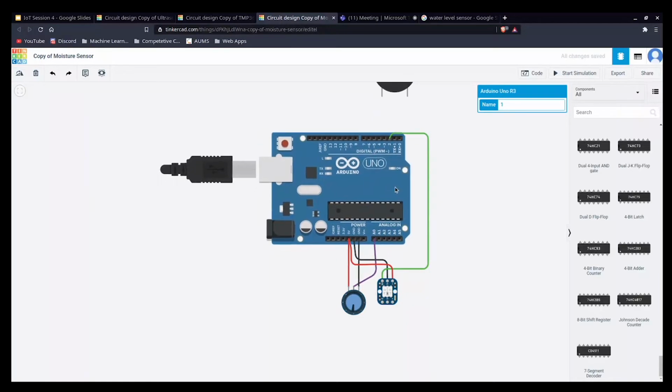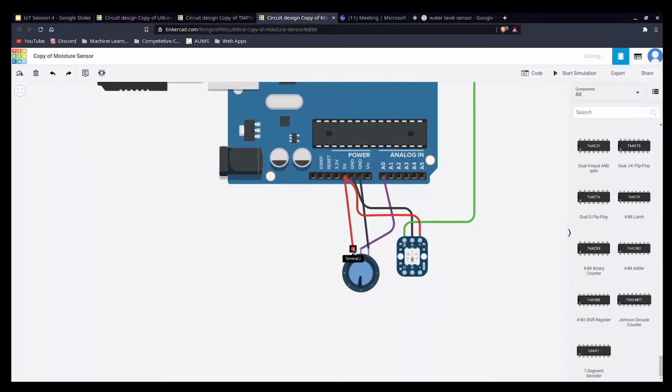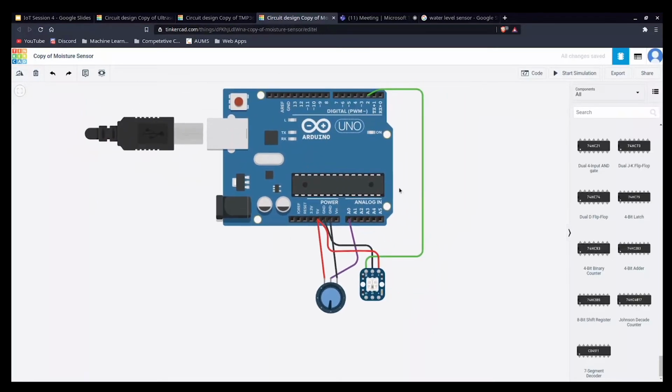Okay, so first let's go into the connections. Here, as you can see, we have a potentiometer with 3 terminals. Terminal 1 is for connecting to the power source. We have a 5-volt continuous connection, so there is no condition, the power is connected throughout to this board. And the second one is the analog signal, the wiper. So we'll be giving the analog signal to A0. And the third one is the terminal for ground. One is power, ground, and the input.